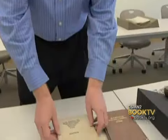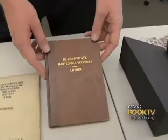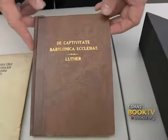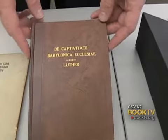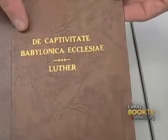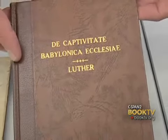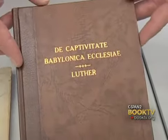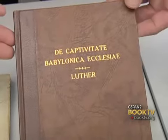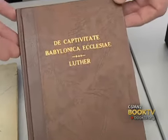The second book next to it is De Captivitate Babylonica Ecclesiae, on the Babylonian captivity of the church. And this was probably Luther's most antagonistic text of the year of 1520, and this was issued in October 1520. And in this, Martin Luther essentially attacks the sacramental structure of the Roman Catholic Church. He pays particular attention to redefining the understanding of the Eucharist, or the Lord's Supper, baptism, and the doctrine of